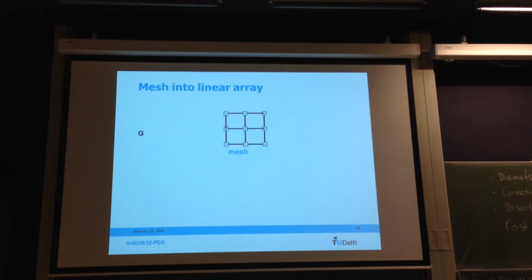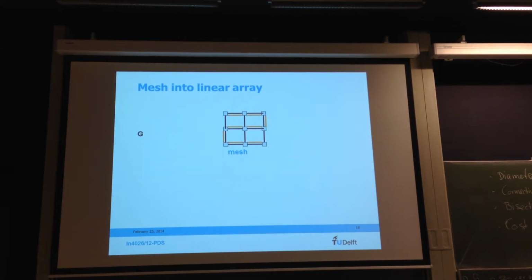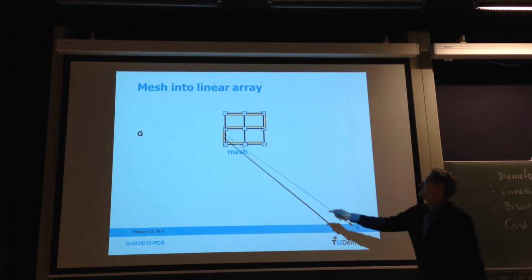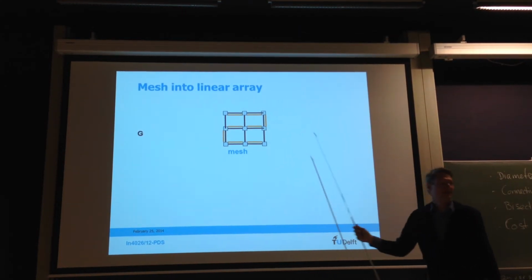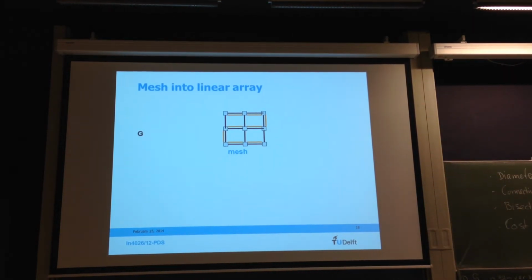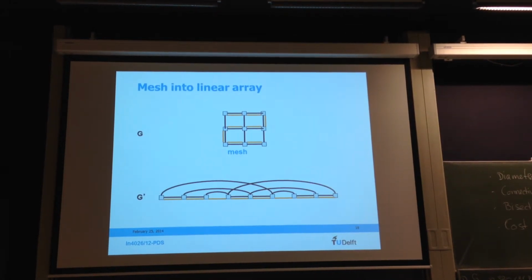Now then you get the inverse process. You start with a mesh. I have to impose a linear array on the mesh, and I could do it like this, right? The linear array on the mesh laid down like this. And I could say, well, this is about the best I can do. And what I get then is this,